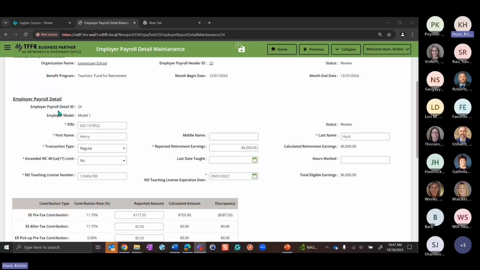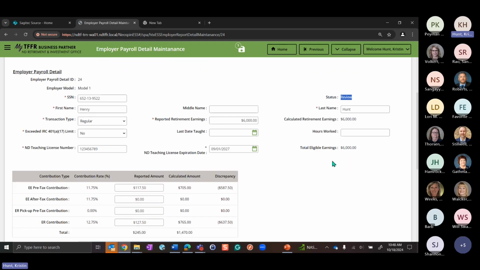We can see that it's been assigned this ID. We have the model number for the organization, and then we have the employee's information: the social security number, the first name, last name. We can see that it's in review. We can see the reported retirement earnings, the calculated retirement earnings, and so forth.